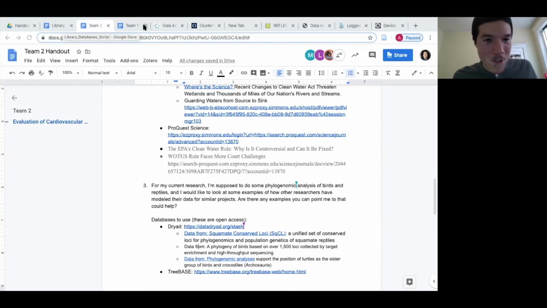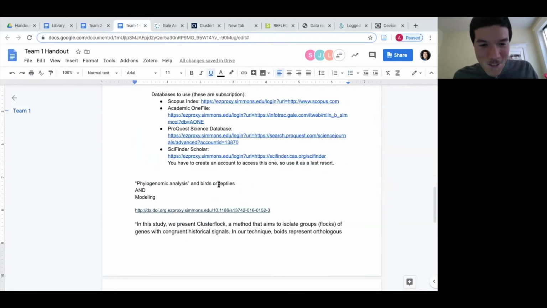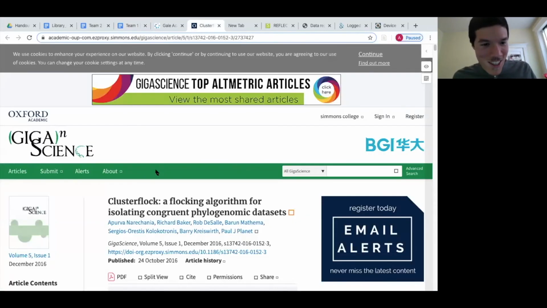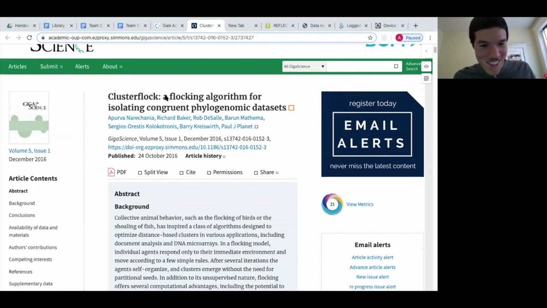I'm going to head over to team 1. So I believe you guys used Academic One File, and you found this article. Let me go there: A Cluster Flock and an Algorithm for Isolated Congruent Phylogenomic Data Sets. I didn't mention this earlier, but the open access databases that I made available for the third question,